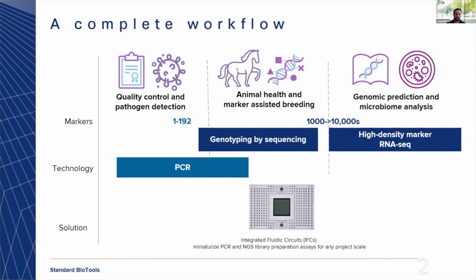And we'll be doing this using our proprietary integrated fluidic circuits. If you've worked with these in the past, you know they're great at miniaturizing PCR and NGS preparation reactions. This means that we're reducing the volumes of those really expensive enzymes that you're normally using, and they will automate many of the steps. So this can eliminate the need for liquid handling. This can also eliminate the need of even having a large laboratory, because the instrumentation is quite small.